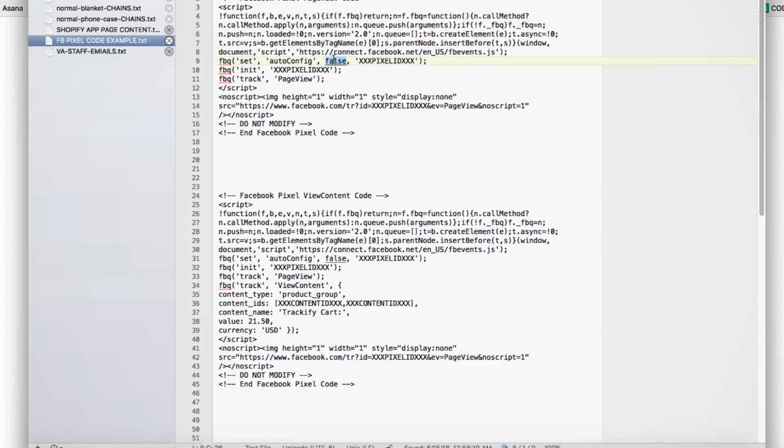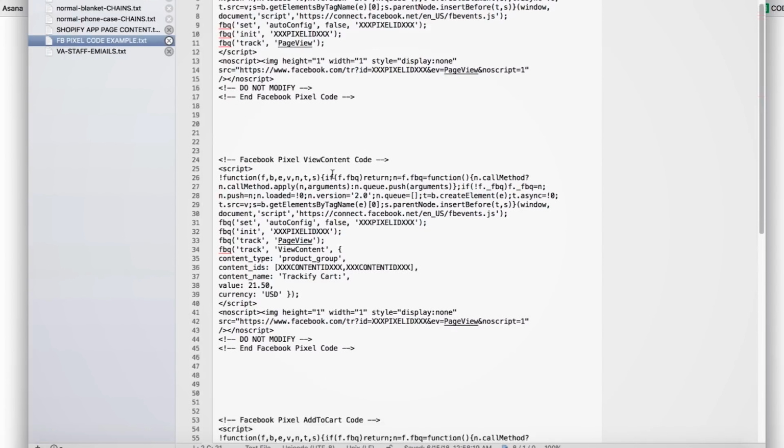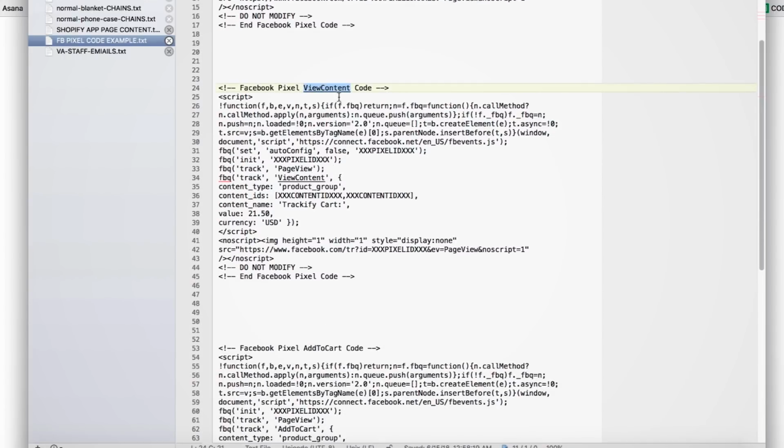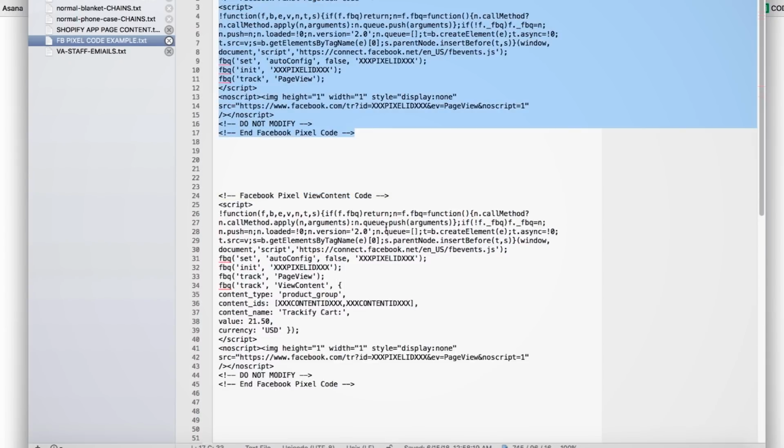But here's an important thing. You're going to put this on all your pages, because this is a page view. Down here, this is a view content, so this goes on the product pages, right? In Shopify, this goes on your product pages. You also have to make sure that you have microdata turned off for the view content code. So this goes on all the pages. And then technically,